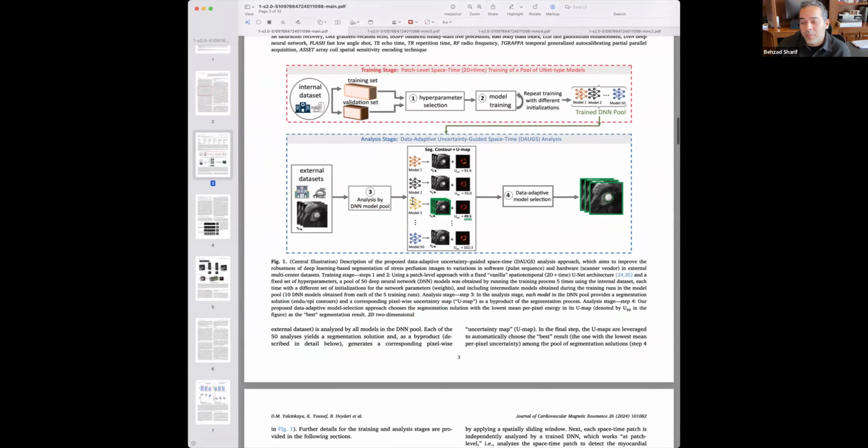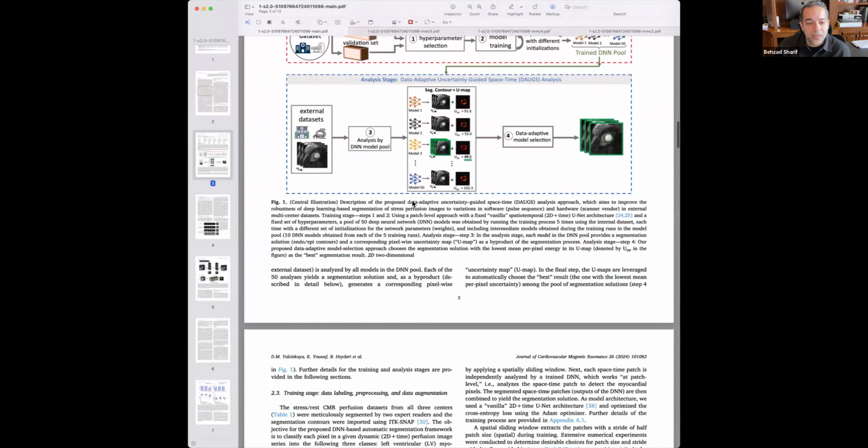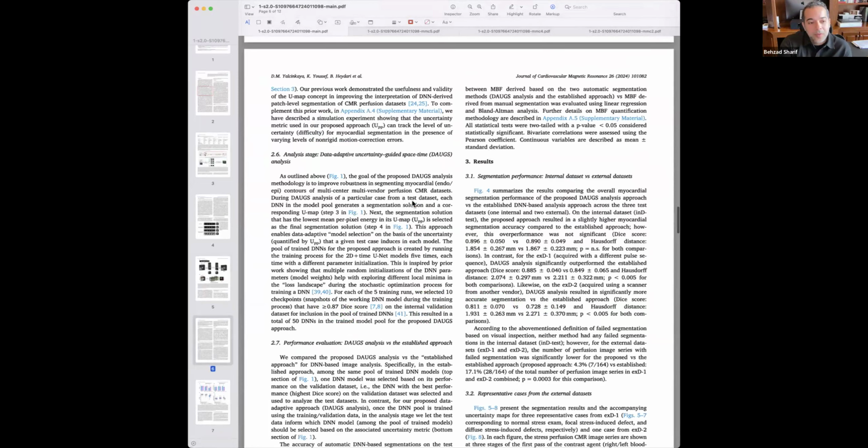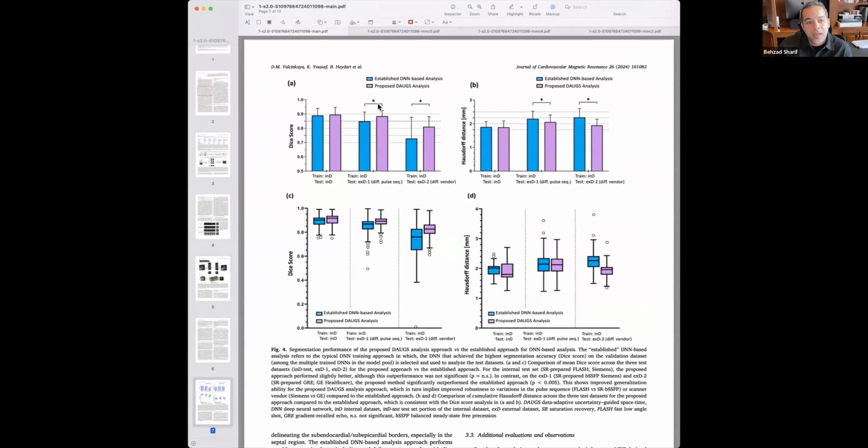And we show very different patient characteristics compared to our internal data set. Stopping here, we're showing the segmentation performance on the left side, panels A and C. What it's showing is that on the internal data set, our proposed approach doesn't significantly improve the performance, and that's expected.